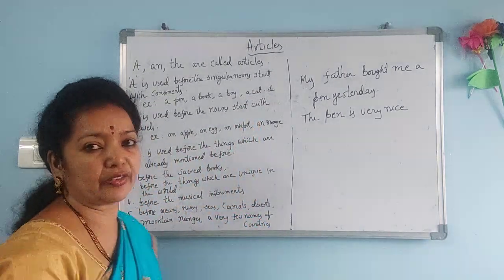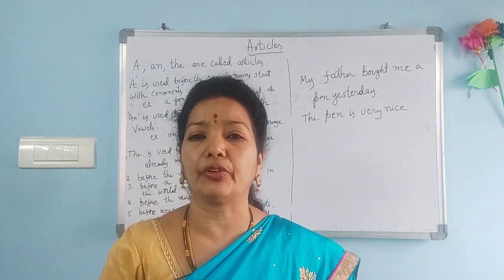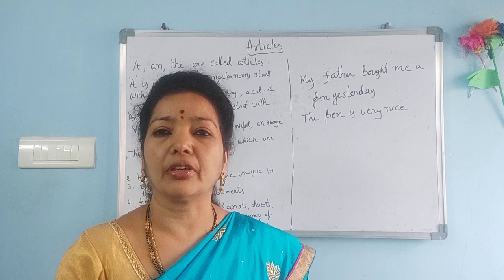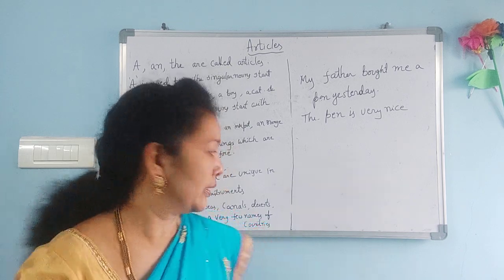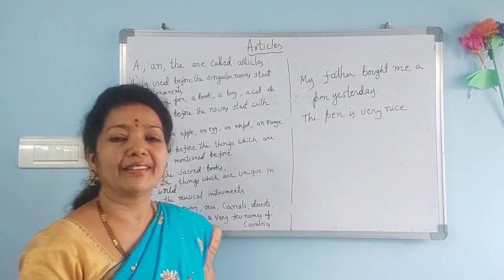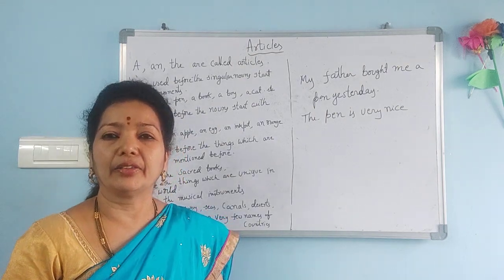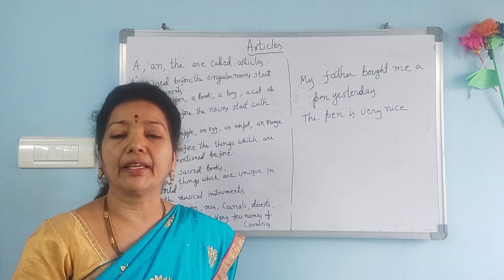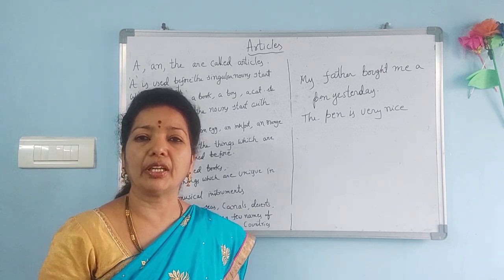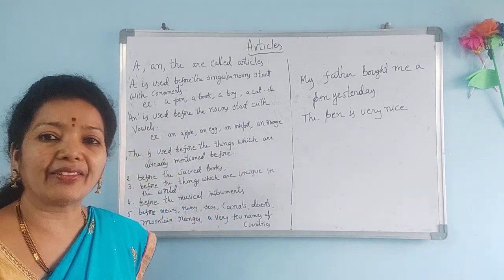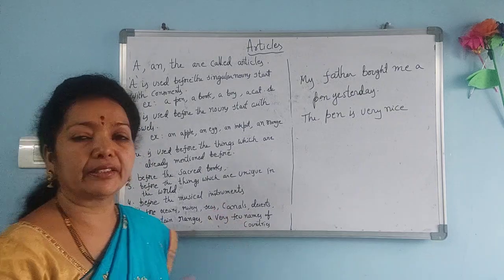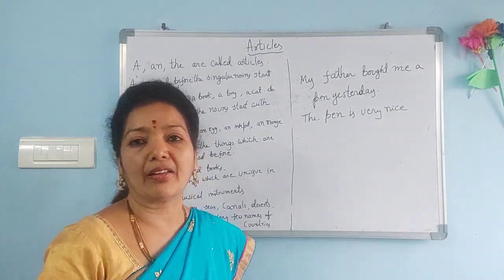Before oceans we use the: the Atlantic Ocean, the Pacific Ocean, like that we use the. Before rivers and seas: the Black Sea, the Red Sea, the Dead Sea, like that we use the before the seas. Before the rivers, the Nile River, like that. Before the canals